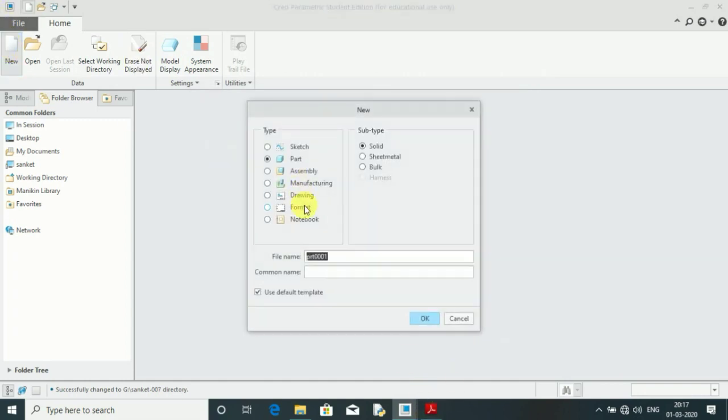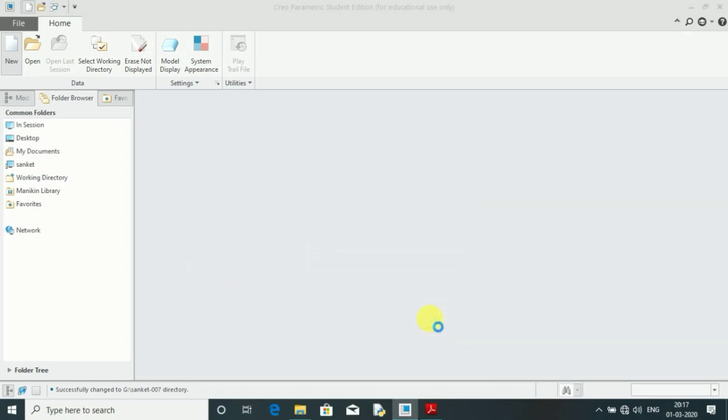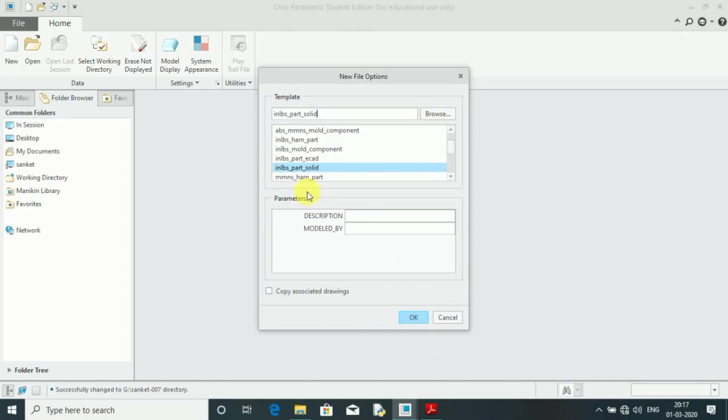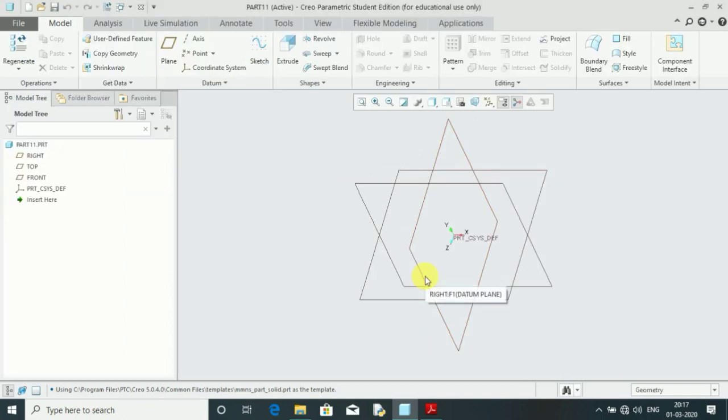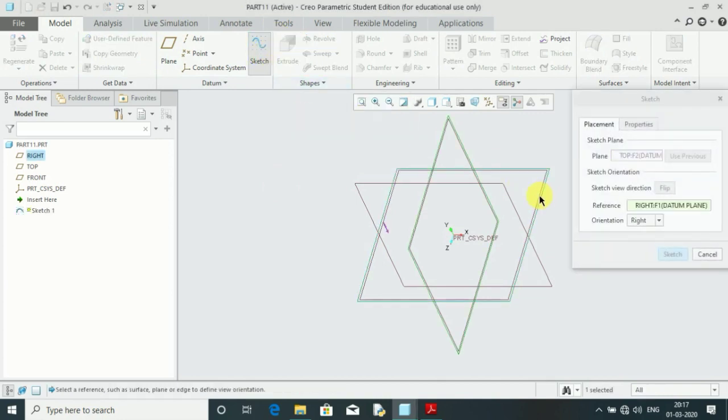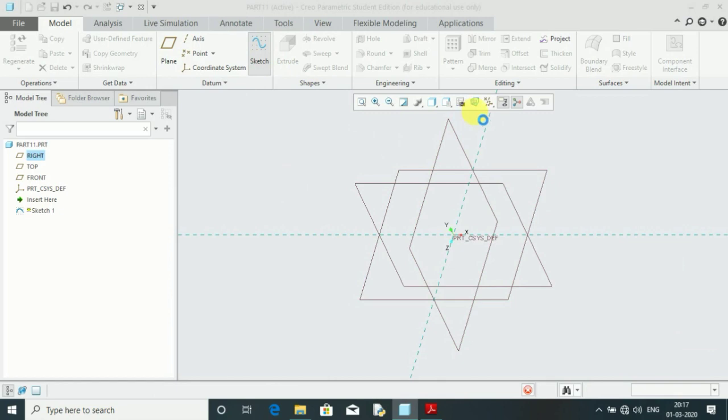I will give the name of the model, which is part 11, and now I will not use the default template and pressing OK. We will use the millimeter option, millimeter part solid. Okay, and now I will select the sketching plane. So it's taking some time. Yes, so I will go for the sketch option right here, selecting the top plane, sketch, and I'm going for